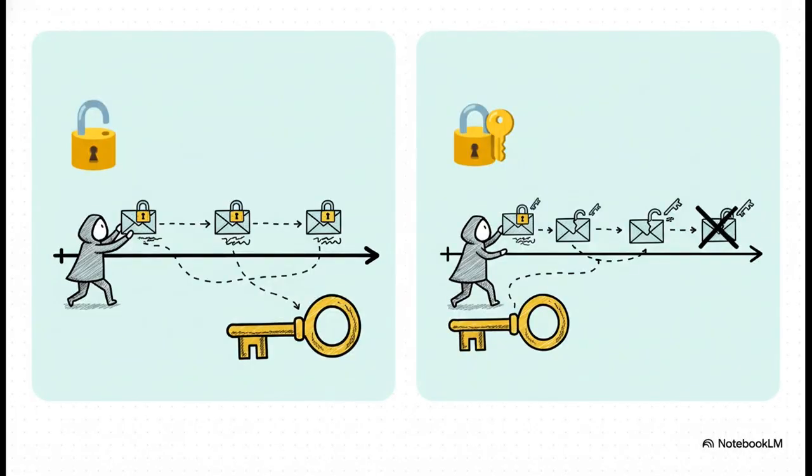Now, the encryption is good. It's really good. But it's not the same as something like, say, the Signal Messenger app. And here's why. Meshtastic is missing a feature called perfect forward secrecy. What does that mean? Well, think of it like this. On a Meshtastic channel, you have one master key. If someone ever steals that key, they could theoretically go back and unlock all the past messages they might have recorded. Signal, on the other hand, is constantly changing the locks, so a stolen key is much less useful. It's a key difference to be aware of.